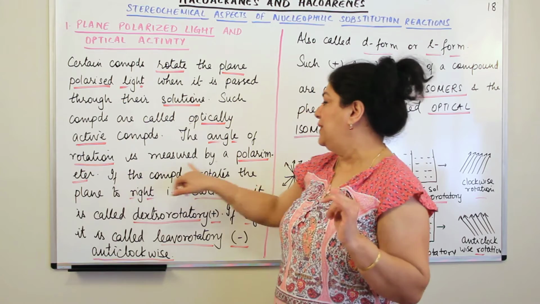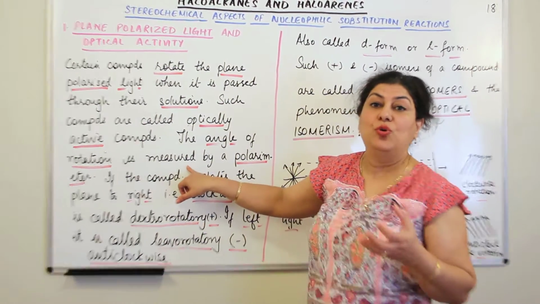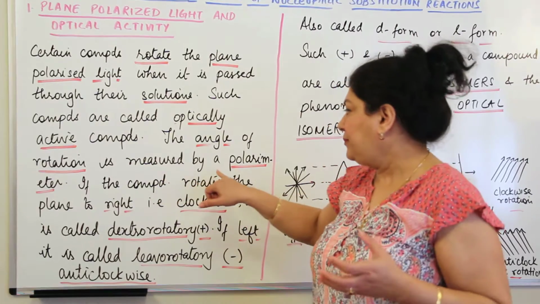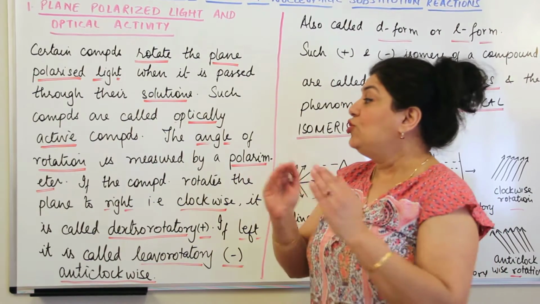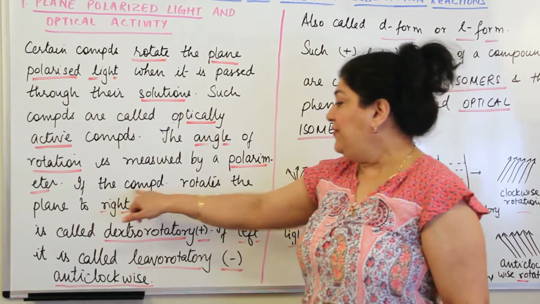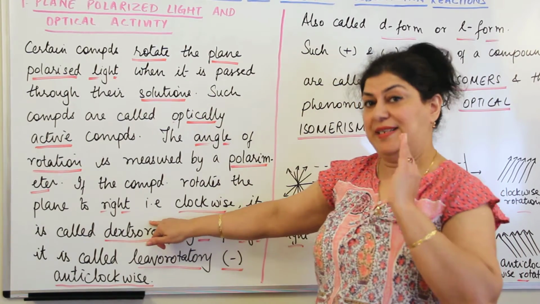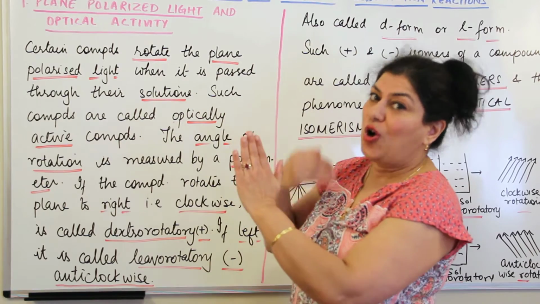It is measured with the help of an instrument which is known as a polarimeter. So you use a polarimeter to measure the angle of rotation. And if the compound rotates the plane of polarized light to the right, that is, if the movement is clockwise,